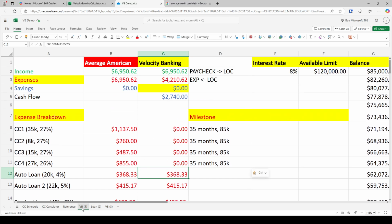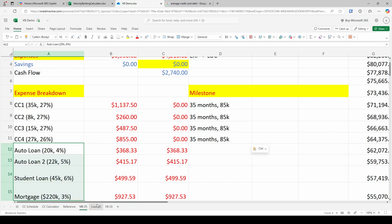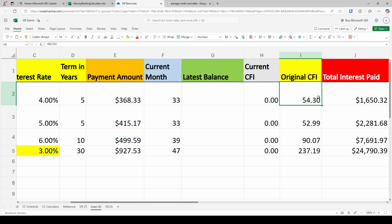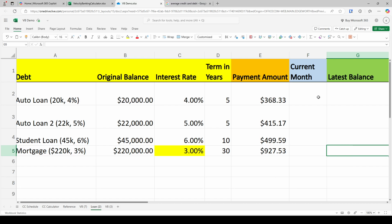Now, let's go back here. So we have these 4 loans here, and then we'll calculate at month. Ooh, what did I do here? Did I accidentally erase the balance? Or no? I think I did screw up. All right. Well, let's see if I can figure out how to calculate the future balance of the